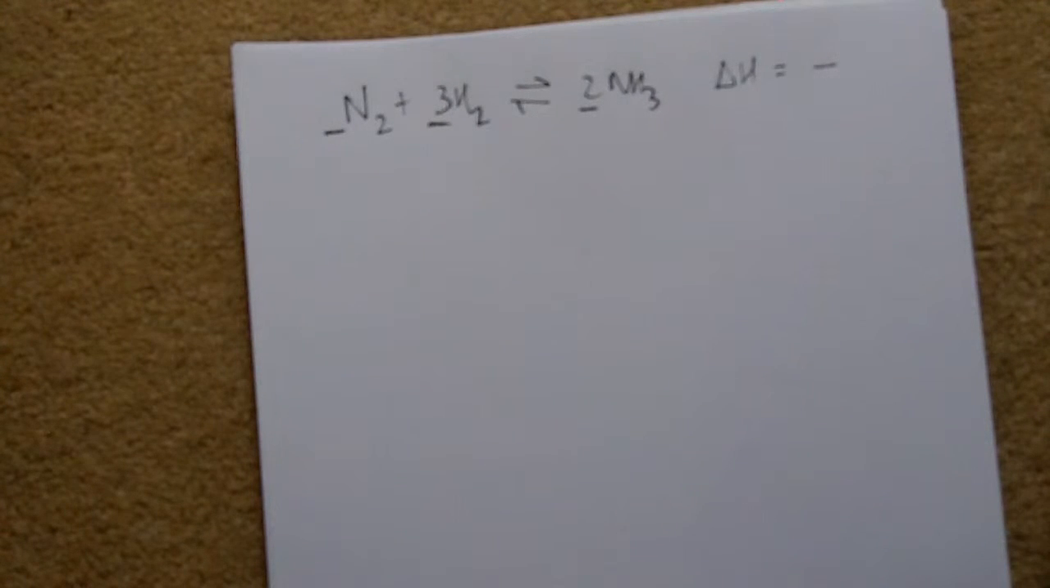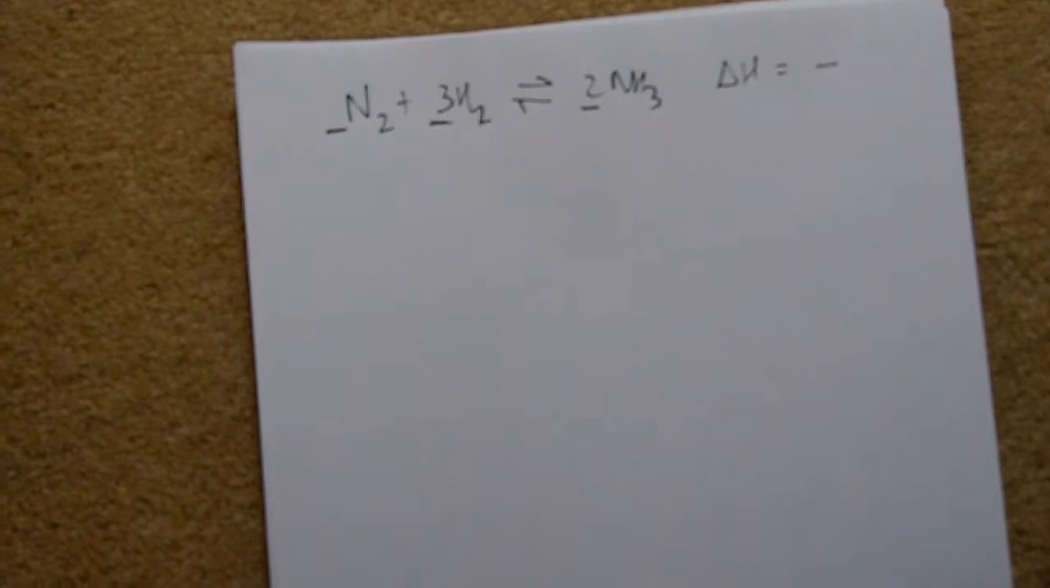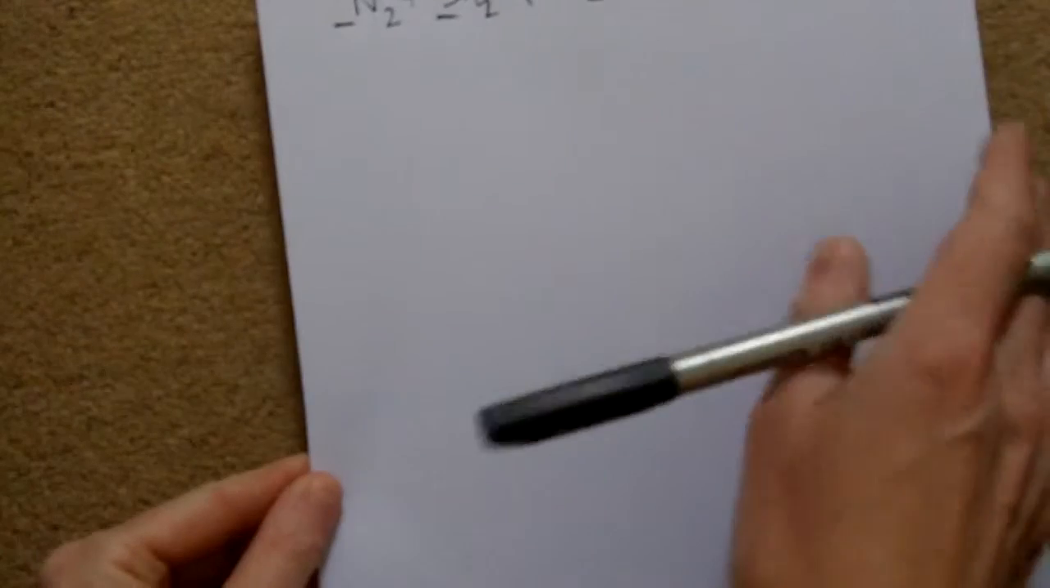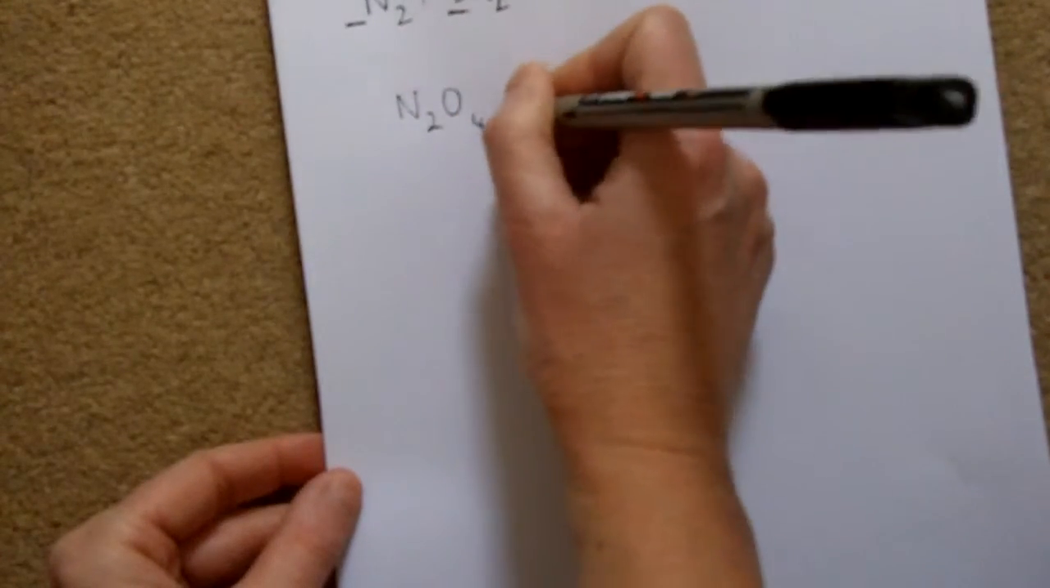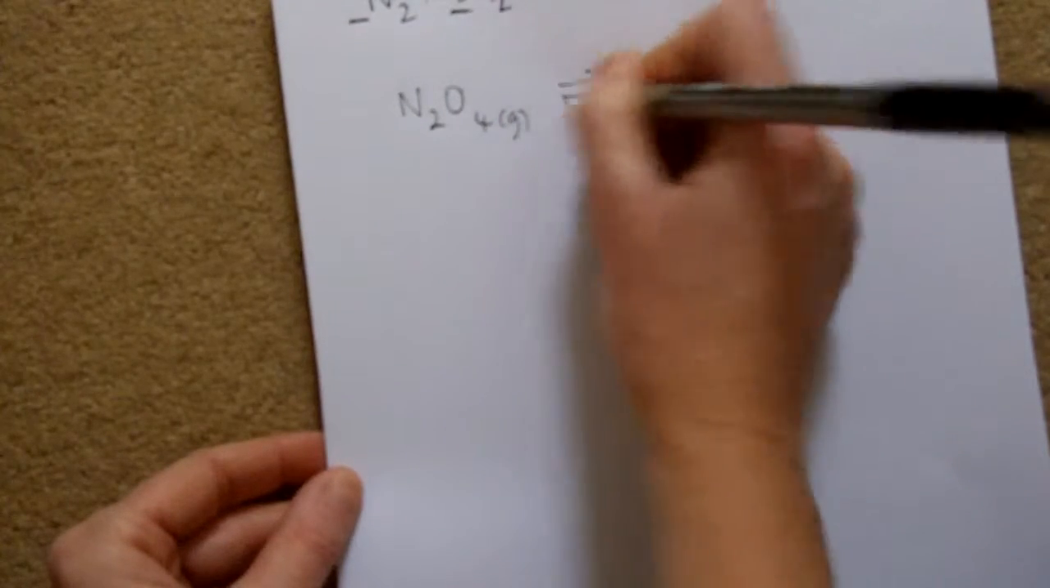That's not the way you explain it. So for example, let's just take one example here. If you look in your textbook, there'll be loads of examples, but I'm just going to take one. If you take this equilibrium here,